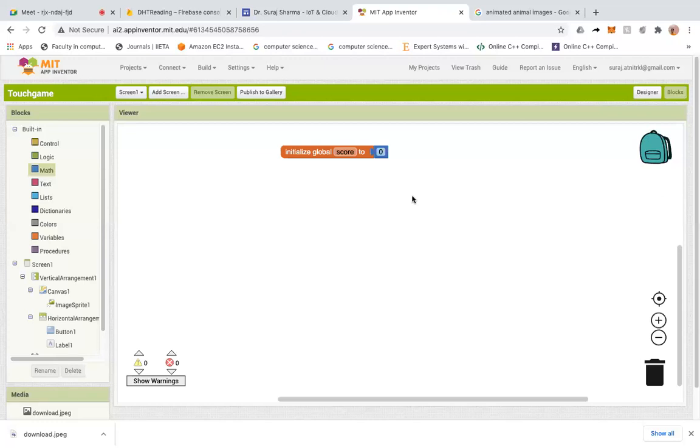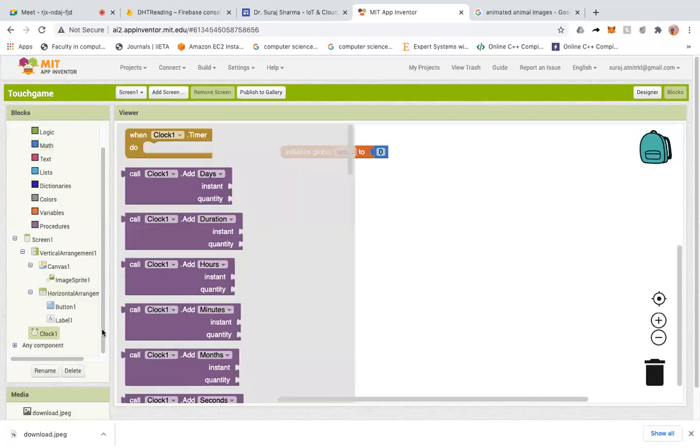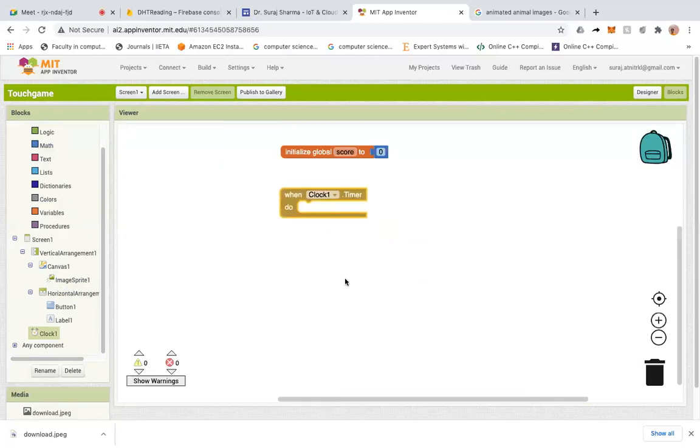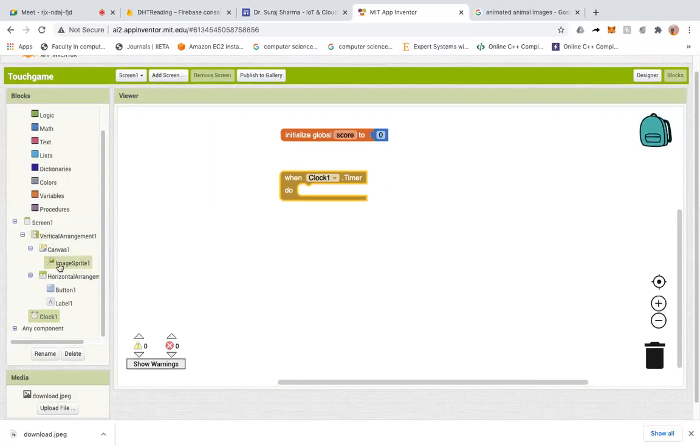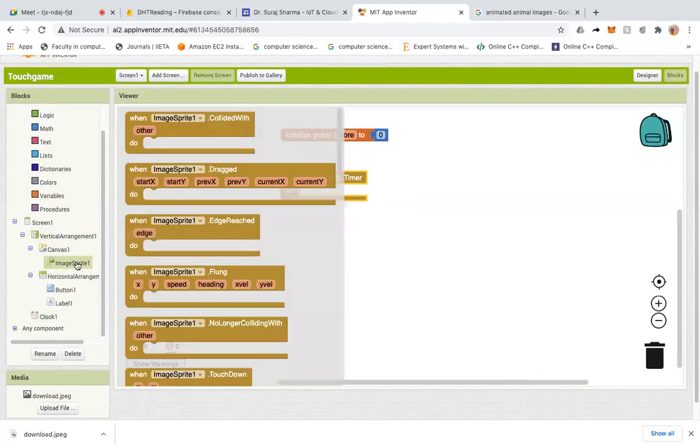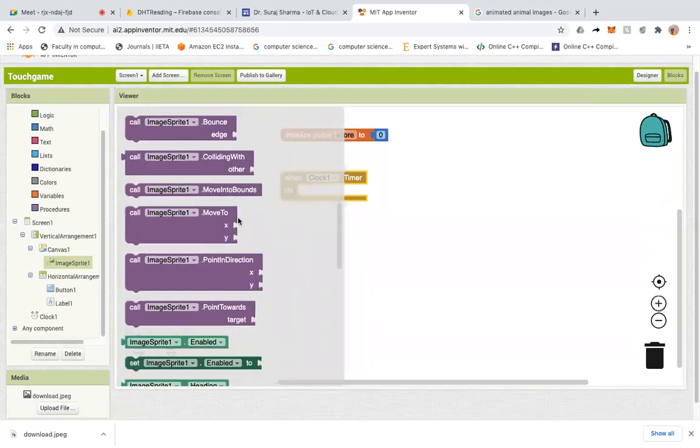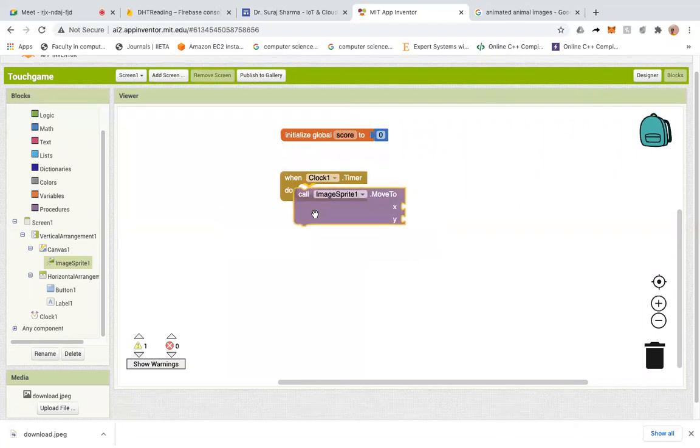Then I'll go to the clock and I'll set the timer of the clock. And based on this, whenever there is a timer, that is every half second, that is 500 millisecond, my image will go to a random location. So I'll go to the image. This is the image sprite. I'll click here and call image sprite dot move to X and Y direction.